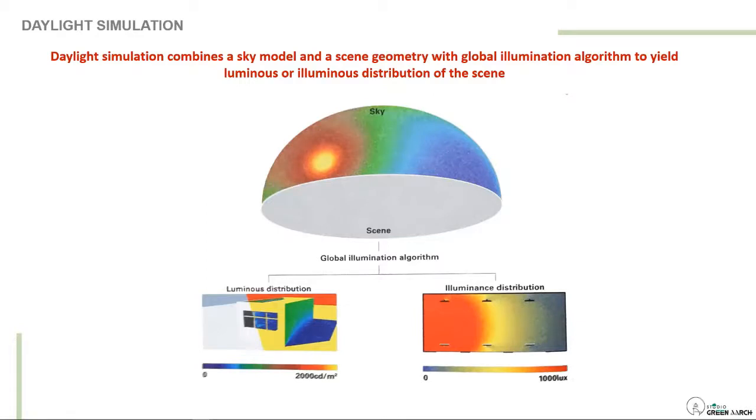So before going into the next slide, I want to tell you one thing. There was research done by, again, Christoph Reinhart, that the maximum error that we create in doing simulation comes from modeling. 50% of the error comes from the modeling, not the simulation, because of a small model opening, or for example, there is one small room and the corners are not closed, then there will be a leak of light, leakage in light that will disturb your simulation results. So modeling is a very critical thing when doing a simulation, right?